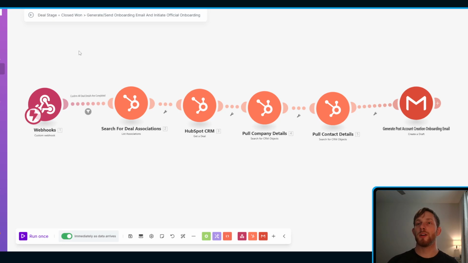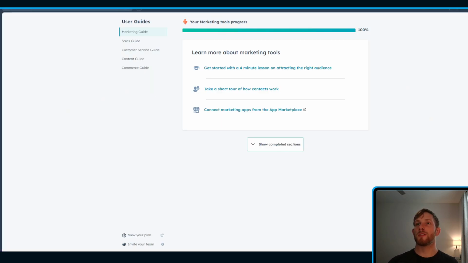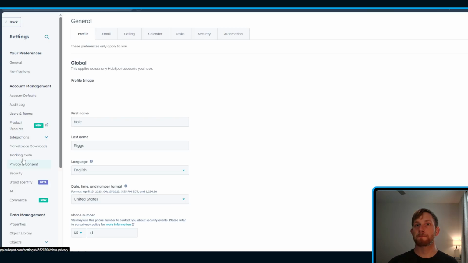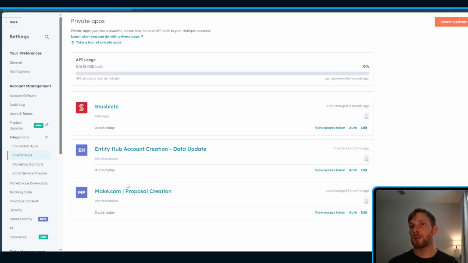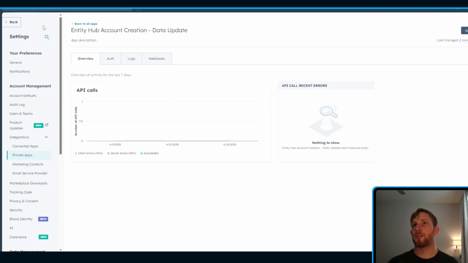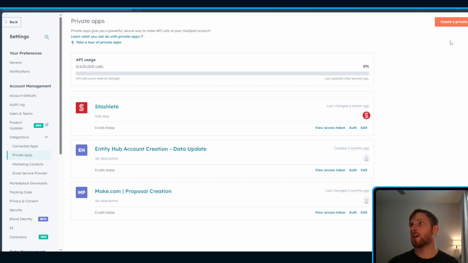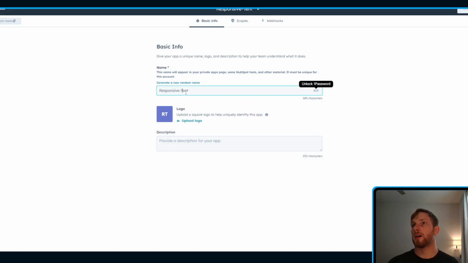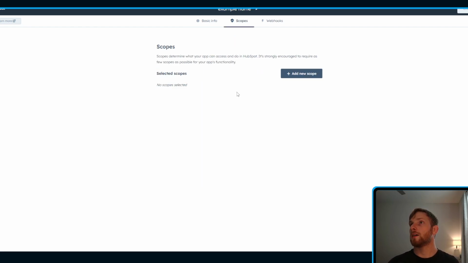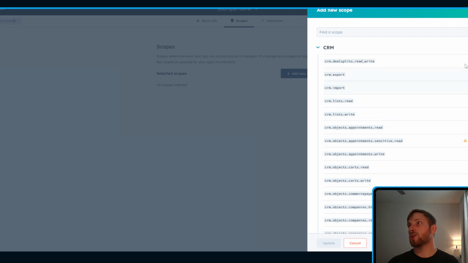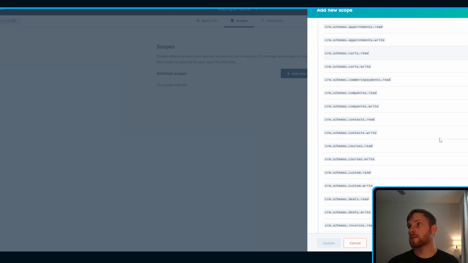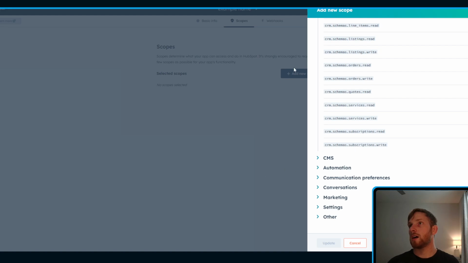So if we want to do this, we first need to go over to HubSpot, go to our settings, come down to integrations, private apps, and then you have, Entity Hub, account creation, right? These are just a custom one. So we just hit create private app, give it a name, right? We give it a bunch of scopes, go through here, click honestly, most of these. Once that's done,